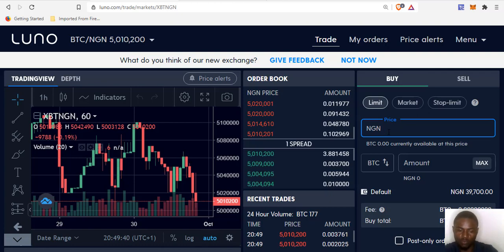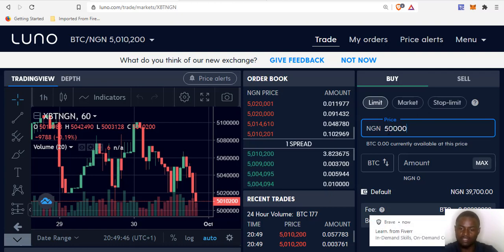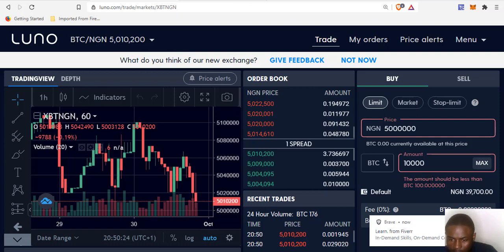Cryptocurrency is very volatile, it moves with almost the speed of light. So I will just put, I want to buy at 5 million naira. So the price I'm buying this Bitcoin is at 5 million naira, and I'll be buying 10,000 naira worth. So I have 39,000 in this my Naira wallet, and I'll be buying 10,000 naira worth of this coin. The amount should be less than, okay, should be less than,